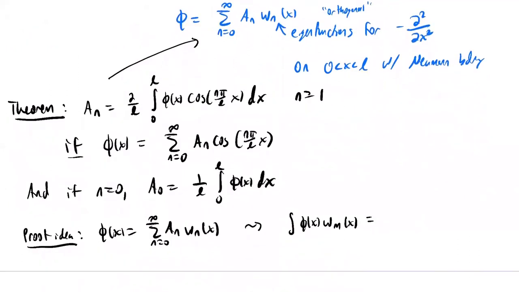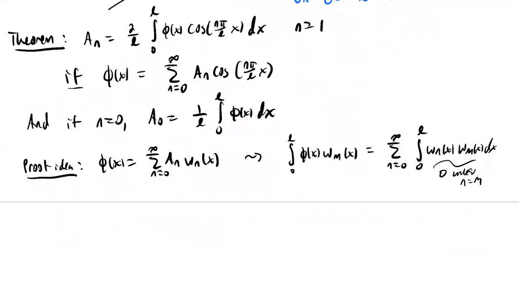So this should be equal to the sum from n equals 0 to infinity of the integral, again from 0 to L, of wn of x times wm of x dx. And so this is 0 unless n is equal to m, right? And so therefore,